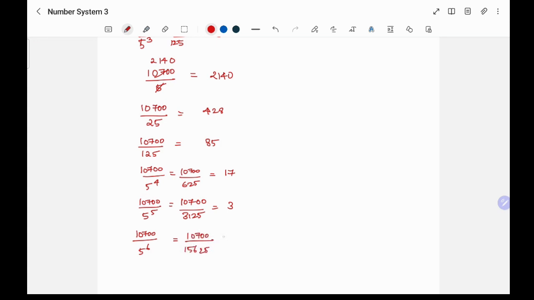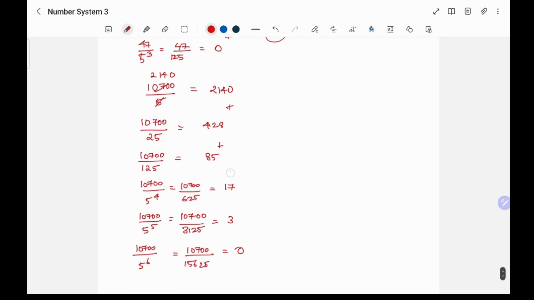You can see the denominator is greater, so this will give 0. Now you just need to add these. So 2140 plus 428 plus 85 plus 17 plus 3 gives 2673. So there are 2673 trailing zeros